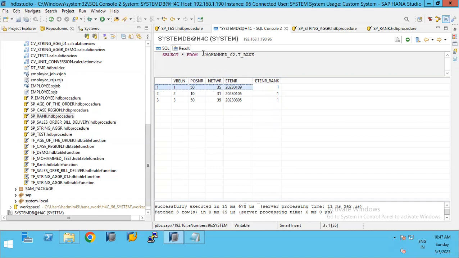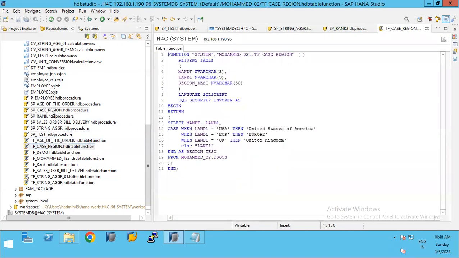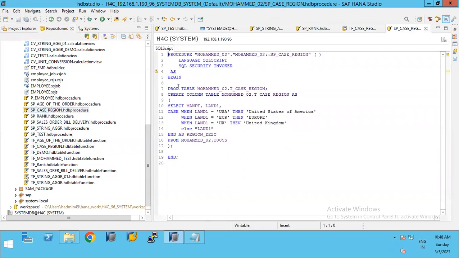Next is the case stored procedure, which is created to demonstrate case. So, dropping the table. See, the syntax is the same. The way we need to create it is the same. Go to repositories in the development perspective, and just create it by navigating there. Okay, so